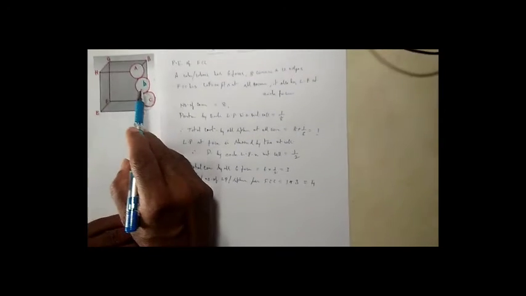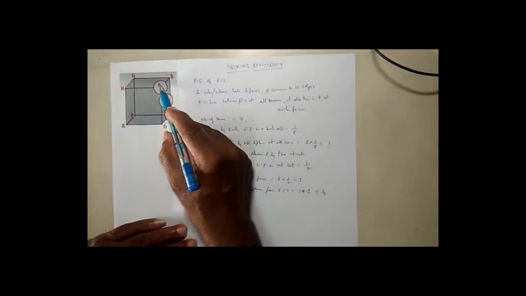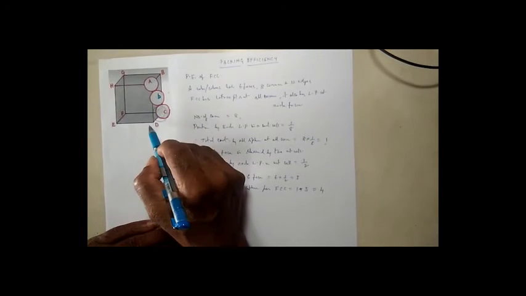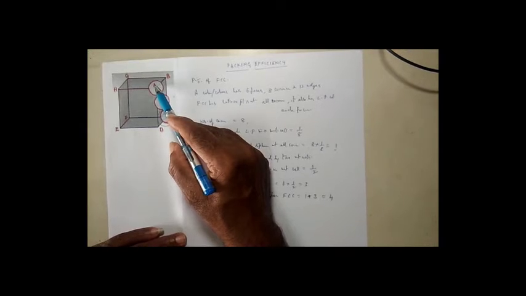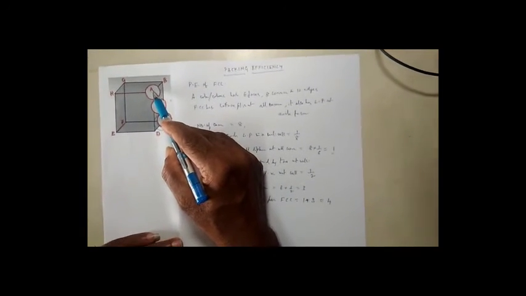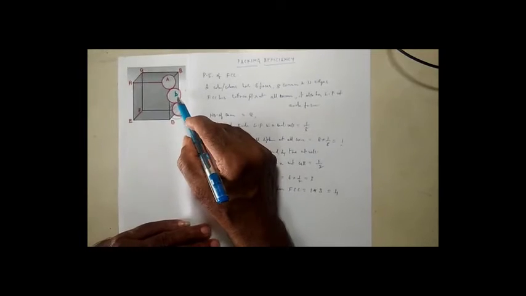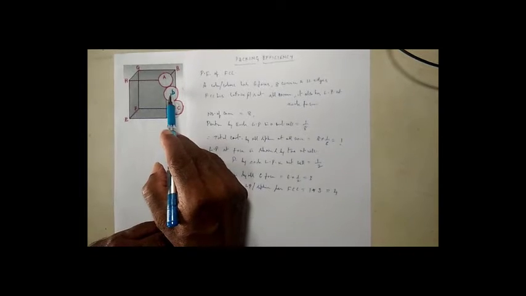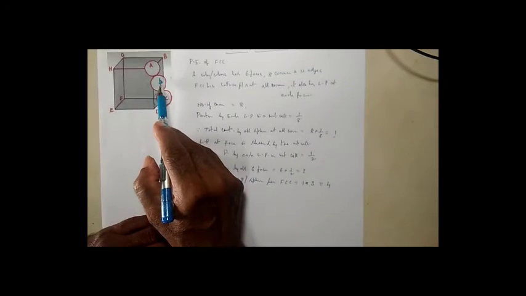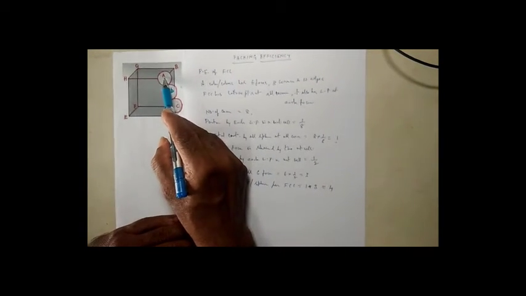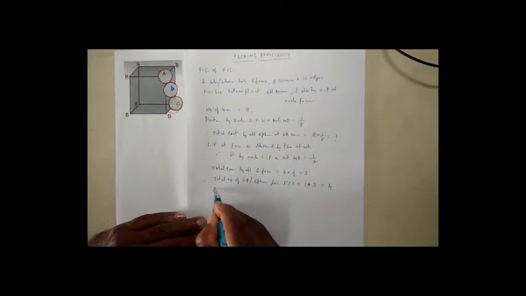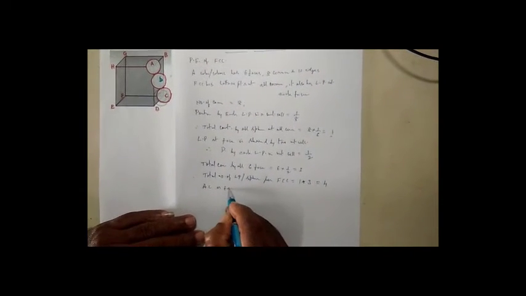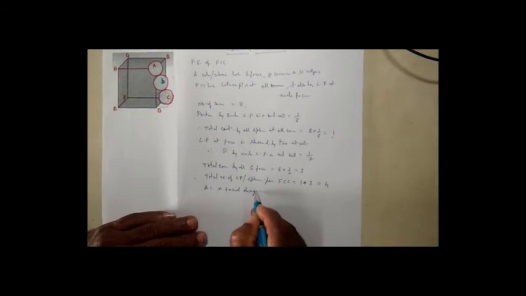See here in this figure, A, D, E, H, this is one face. And along this diagonal, facial diagonal, there are 3 spheres. This is nothing but FCC. So in FCC, apart from the lattice points at corners, there is one sphere which touches the spheres at opposite corners. Therefore, AC becomes facial diagonal. AC is facial diagonal.